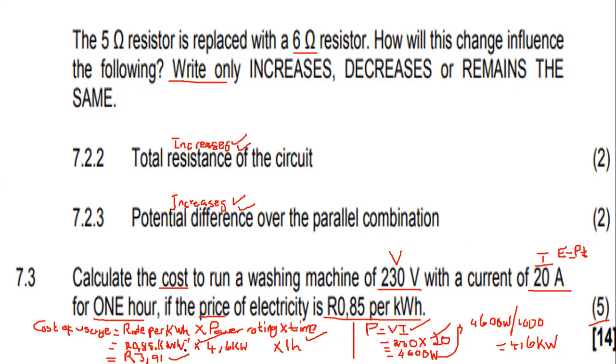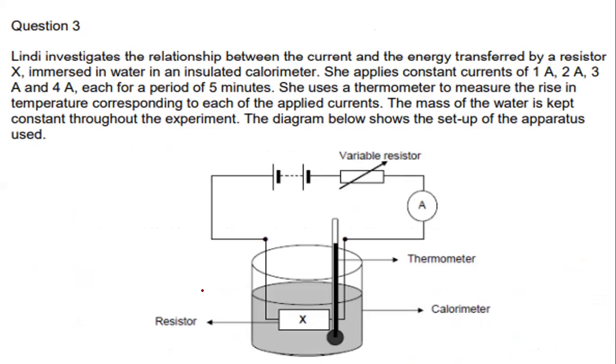So remember that. Can you see that kilowatt hour -1? I multiplied with kilowatt times hour, which is a kilowatt hour. It means that I have a kilowatt hour -1 with a kilowatt hour +1, which gives me 1. And then the kilowatt hours go, and I'm going to be left with rands. Then we go to this question there,